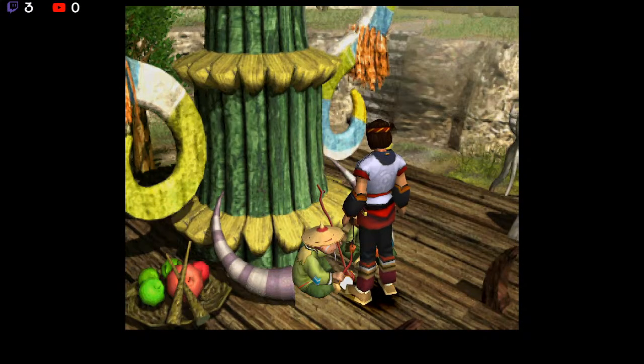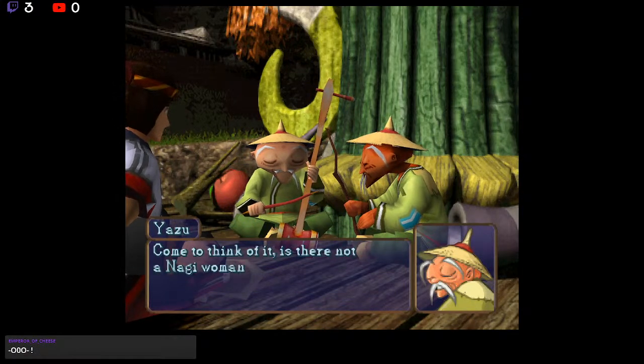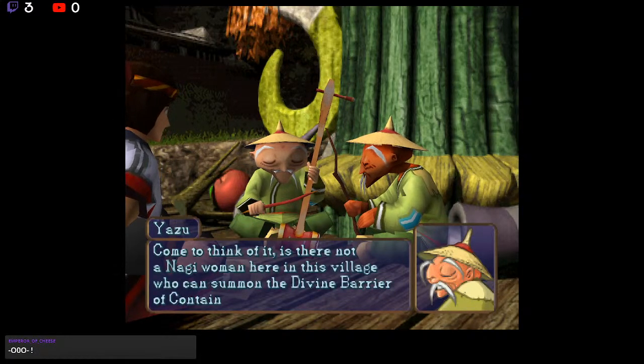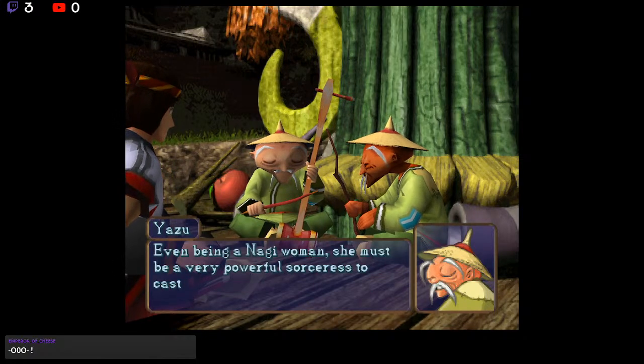Hang on, let me sit down and talk to you again. Come to think of it, is there not a Nagi woman here in this village who can summon the divine barrier of containment? Even being a Nagi woman, she must...